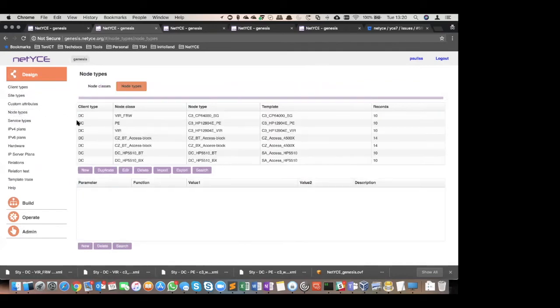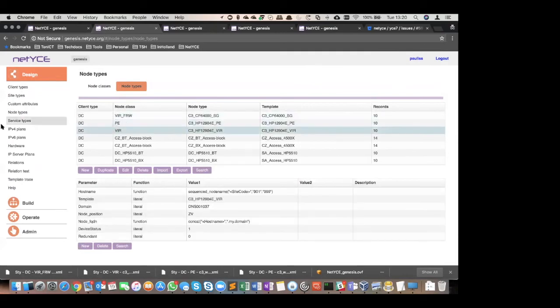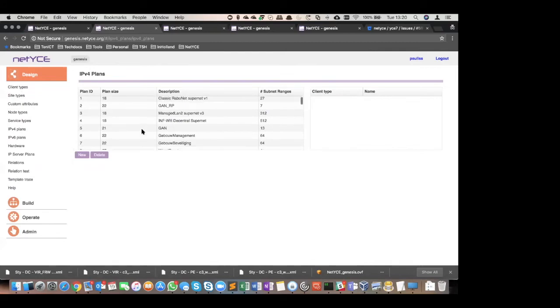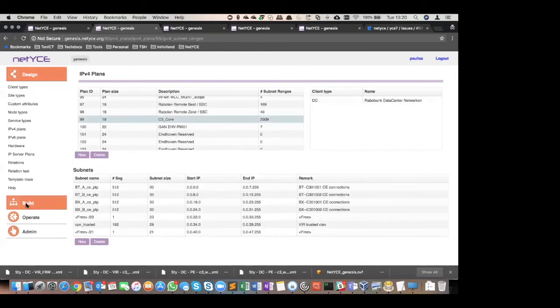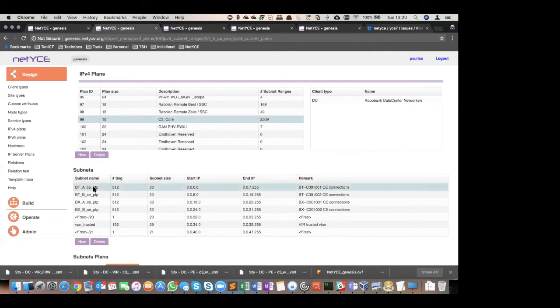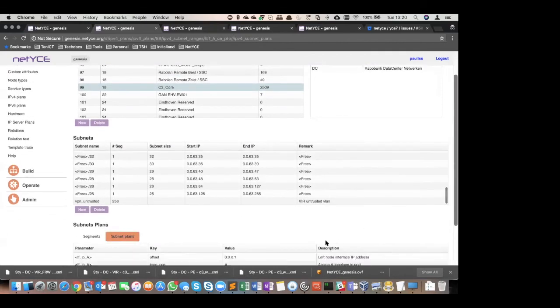We created nodes for them because they are some HP nodes. Created an IP plan in IPv4 containing a division of each CE point-to-point connection over the different PEs in order to make sure I can differentiate between them, so I know what device is connected to what VLAN number, because